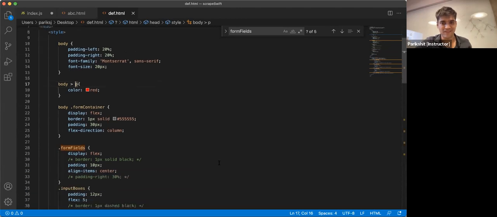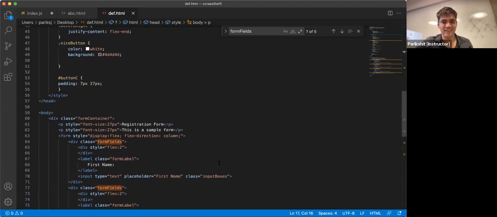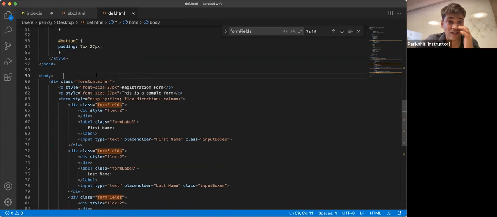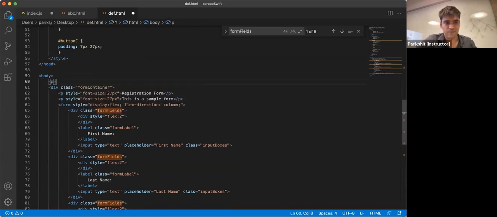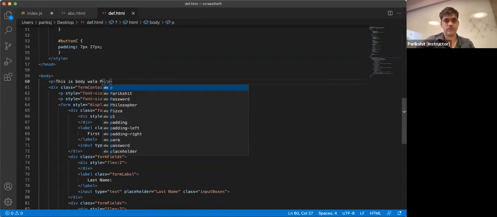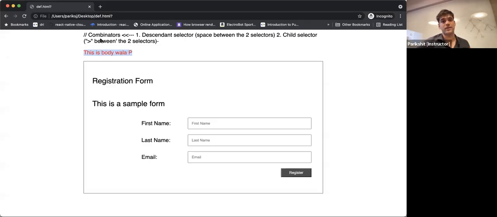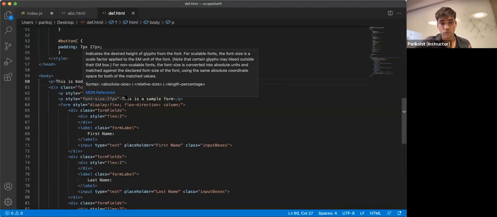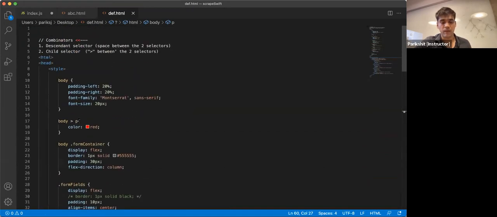सॉरी भगवती, my bad. अगर आप इसके अंदर अब एक p लिख रहे हैं और उसको बोल दें, this is the body वाला p, okay, this guy will come in red. क्यों भाई? क्योंकि आपने बोला है बॉडी के immediate p's. चाइल्ड वाला कॉन्सेप्ट समझ आ गया सबको? थोड़ा कॉम्प्लेक्स है बट समझ लो, अच्छे से बता रहा हूं, ठीक है।